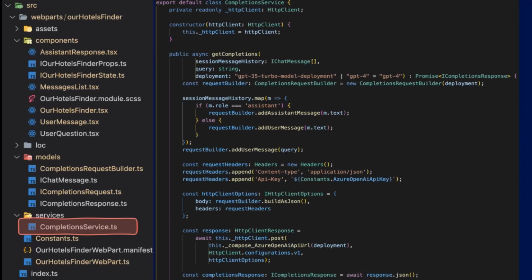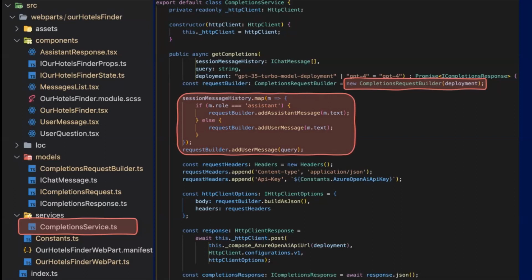And this completion service class gets the HTTP client from the context, and in the completions method, we are creating a completion request builder object that's going to help to prepare all the JSON for the body request.